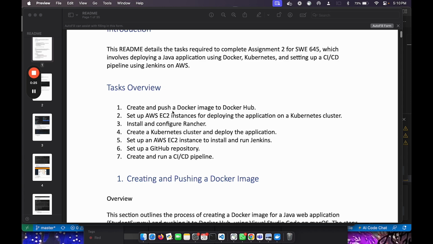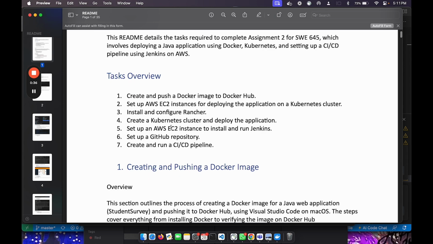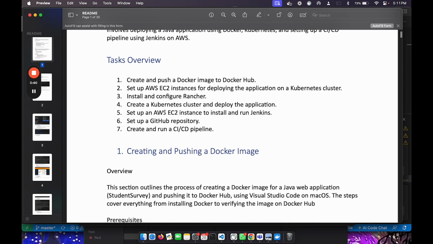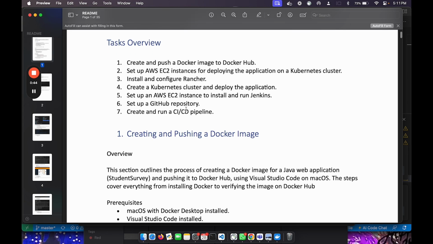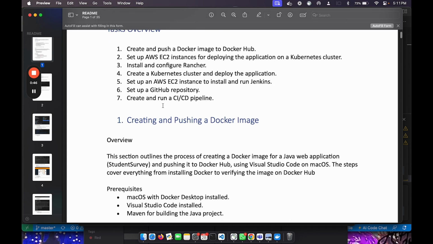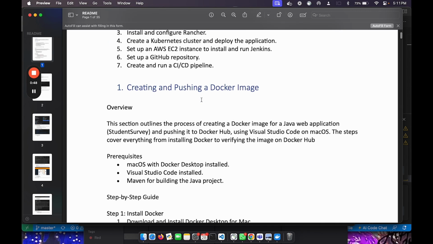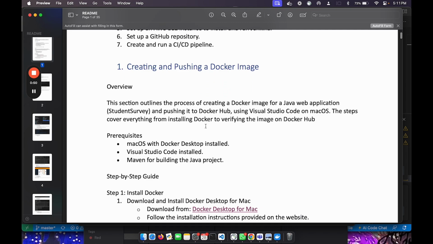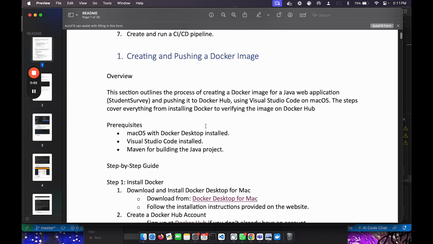The first one is creating and pushing a Docker image to Docker Hub, and setting up an EC2 instance for deploying the application on Kubernetes cluster, and installing and configuring Rancher, creating a Kubernetes cluster and deploying the application, setting up another EC2 instance to install and run Jenkins, setting up a GitHub repository, creating and running a CI/CD pipeline. The first step is creating and pushing a Docker image, and this is the overview for